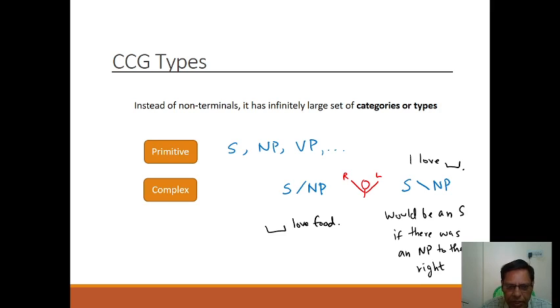What is primitive here? Just now we have seen the context-free grammar, a statement is converting into verb phrase, noun phrase. Okay, so pronoun and conjunctive, is it not? Those are the primitive types. Complex is about the relation between S by NP. S, statement, is dividing into noun phrase, like that. So primitive is about the context-free grammar, and the complex is the relation between the noun, pronoun, like that.